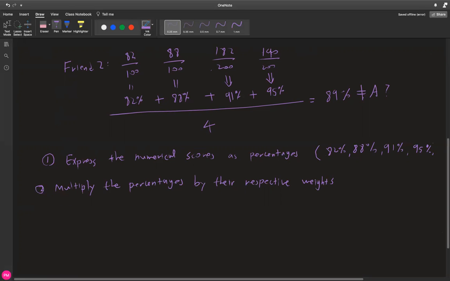So we know that this is 20%. So let's say 20%, so in this case 0.2.